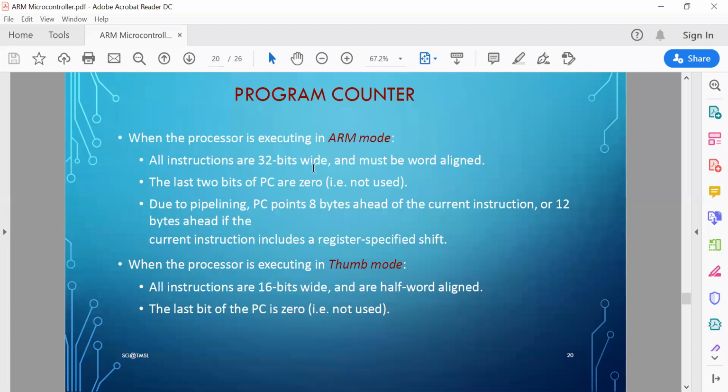Word aligned means all instructions must start from a memory address that is some multiple of 4. I'm not going into the details of the need for this.